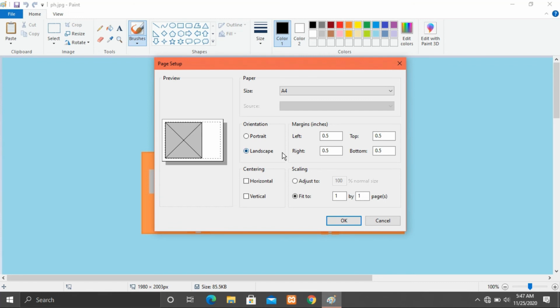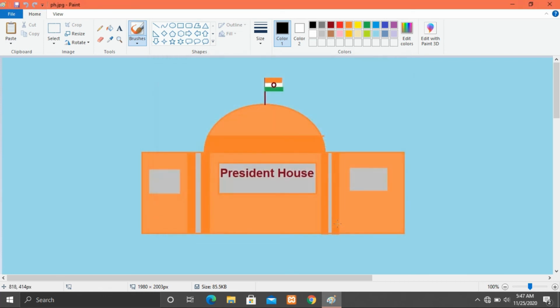Fine. Now you can set the margin. What is margin here? Margin is the extra space from the left, top, bottom, and right. Have you seen your copy? In your copy there is a margin from left, top, right and bottom. The same margin you can give here also. A few more options are there, you just ignore them. And once you have set up your page, click on OK, and then your page setup will be applied.